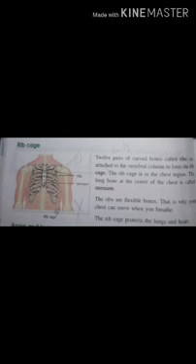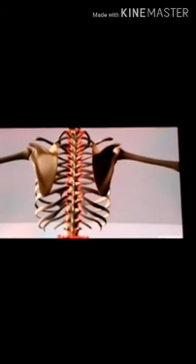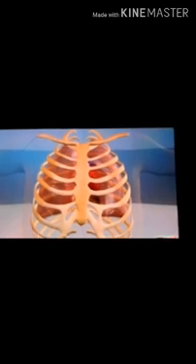The next part of the skeleton is the rib cage. It is a bony structure present in the chest area. You can easily feel it each time you keep your hand on your chest. There are 12 pairs of ribs present in a human being. The ribs are joined to the backbone at the back and the breastbone in the front. That is called the sternum. The rib cage protects many important internal organs such as the heart and lungs.